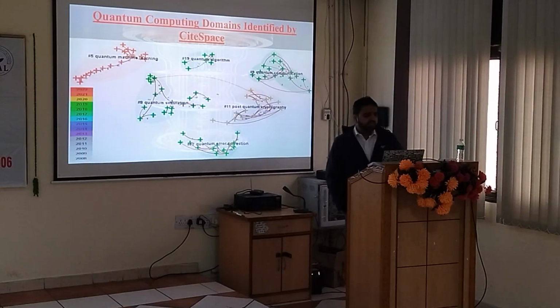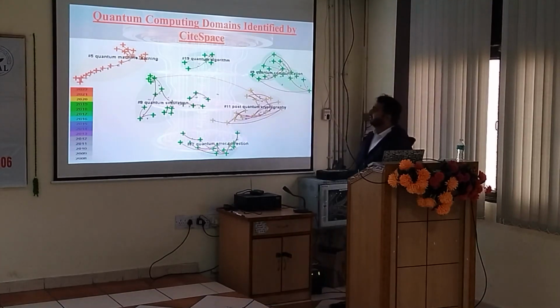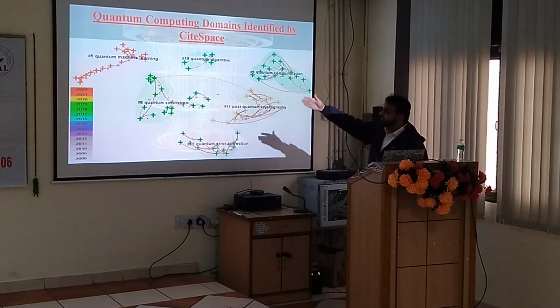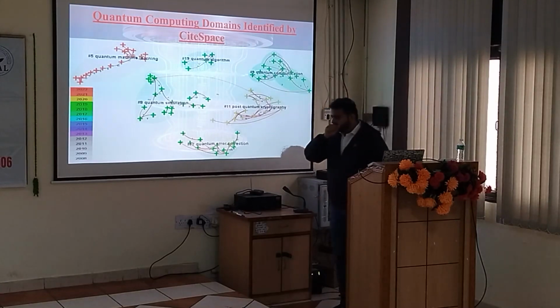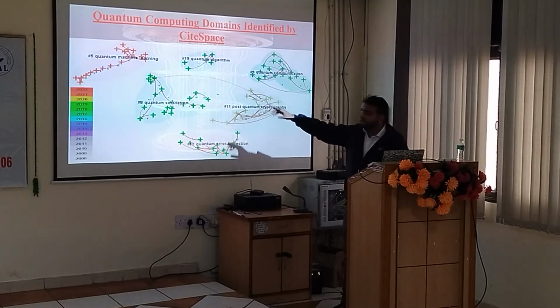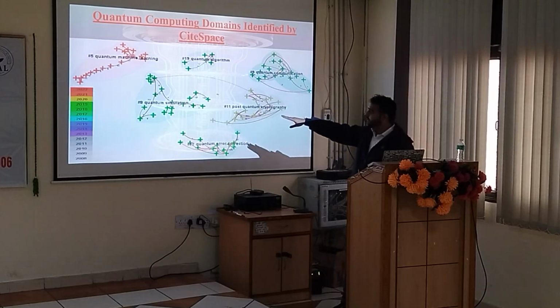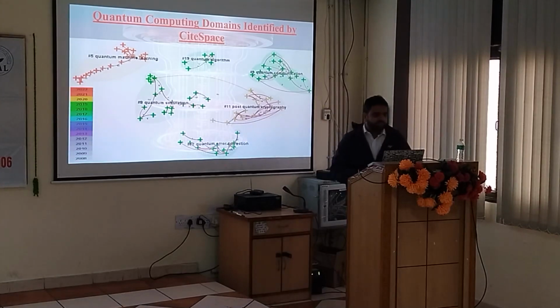We have one tool known as SciSpace with us at NIT. What this image depicts is how quantum has evolved over time and what areas have been researched. We get the data from Scopus for the last 12 to 14 years, and we see what areas are explored and how much research has been published. You see quantum machine learning, quantum algorithm, quantum simulation, post-quantum cryptography. As per the years, this shows how research work has been done globally. All this data has been acquired from the Scopus database, so we use this tool.